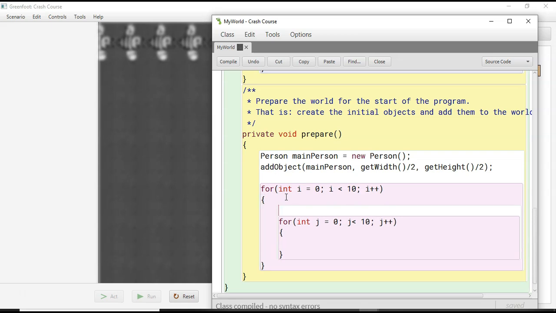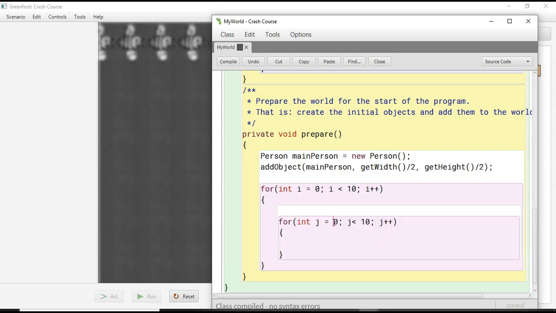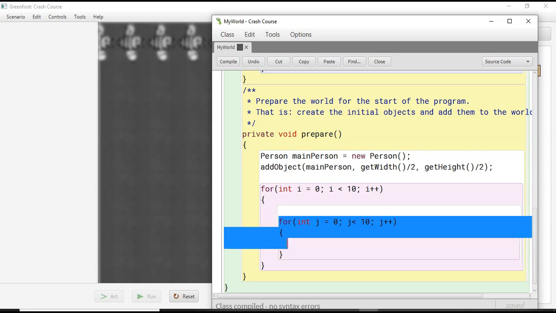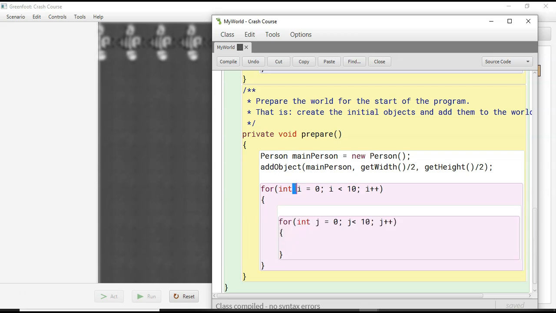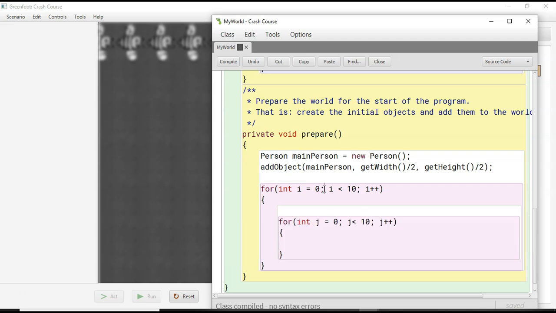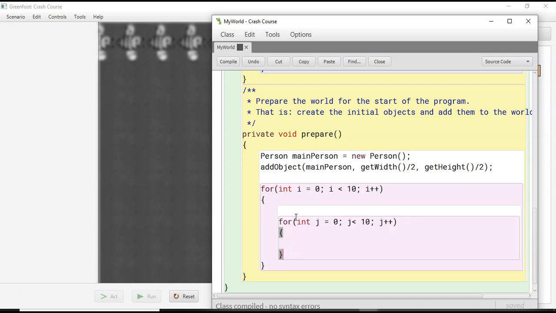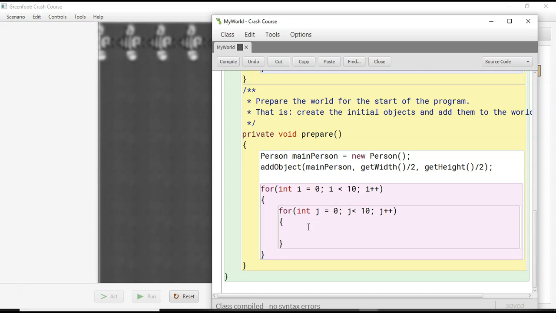Now I could still add my objects in here, but it's also going to do this inner loop 10 more times. So this inner loop says count up, have j count up from 0 to 9, and that's all it's saying. But this loop is counting up I from 0 to 9 and doing this inner loop, which counts up j 0 to 9, 10 times. So this outer loop is happening and executing and making this inner loop happen 10 times, which this makes so that if I add in an enemy,